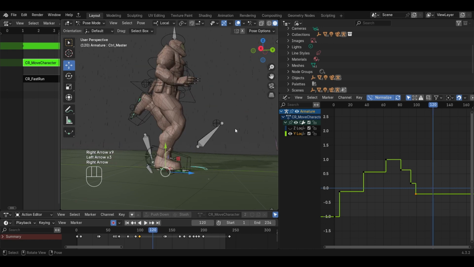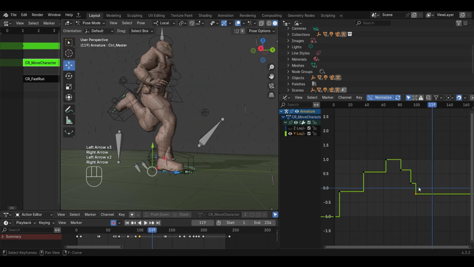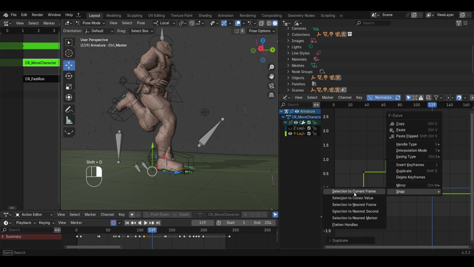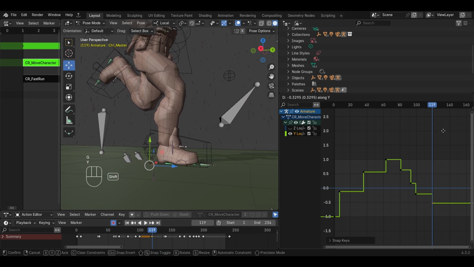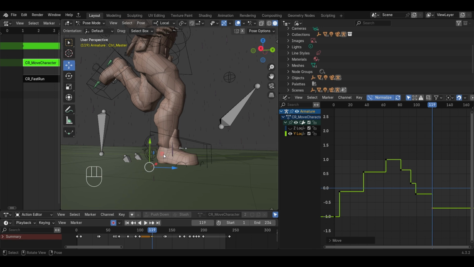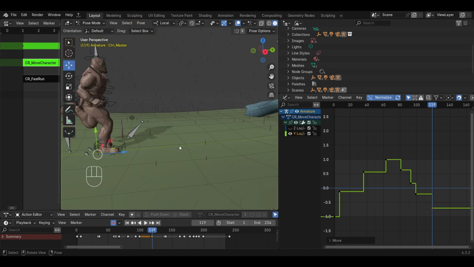Here I'm quite disturbed about this one. Shift D, right click, snap to current frame, and I'll just press GY to move it down. Maintains this level, and